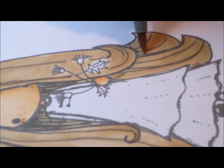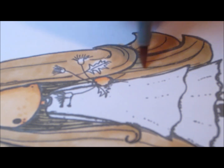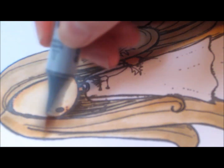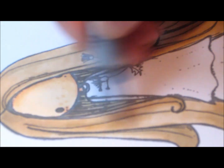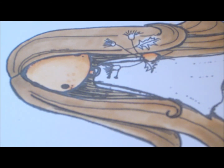So I don't know if you can tell, but this side doesn't look as smooth as this side does. And if your colors don't really seem to be blending, just keep going back over with it and it will make it a little more blendy, I guess. I don't really know how to describe that. So finishing up this hair. And so that is the pretty basics and the most important thing to know